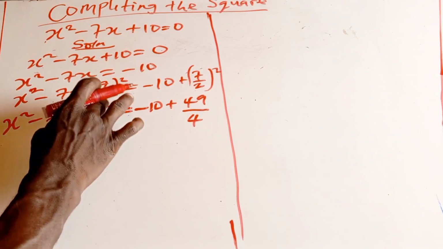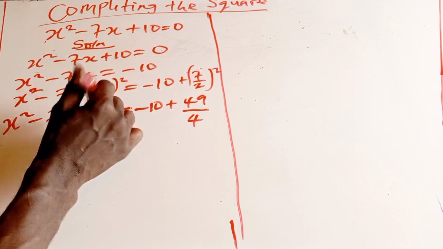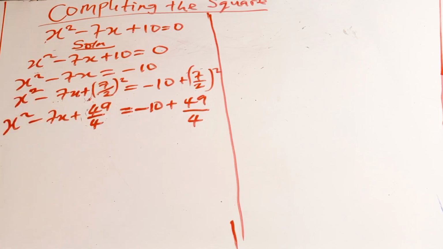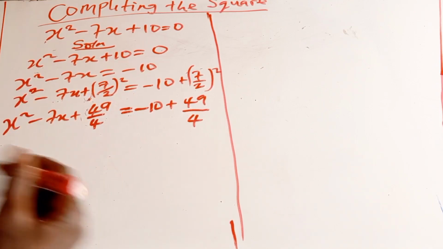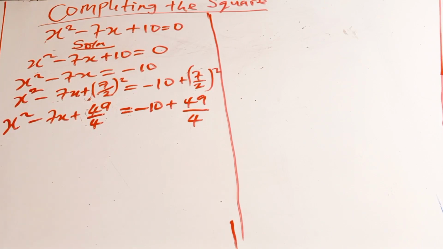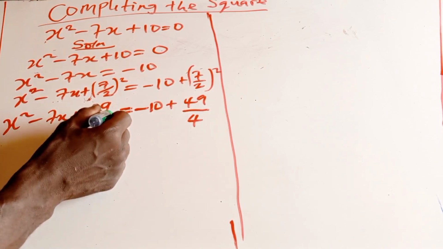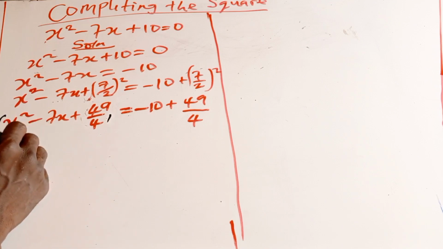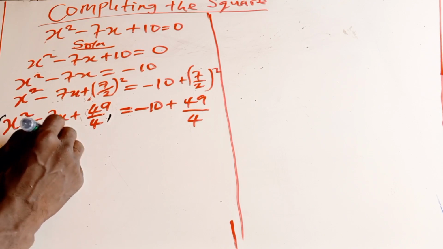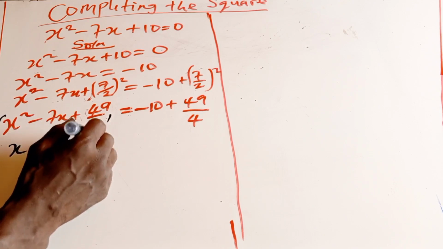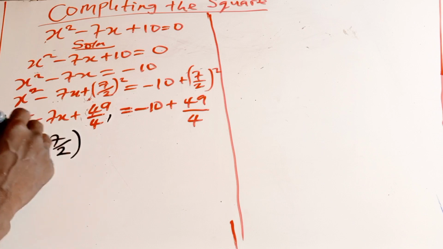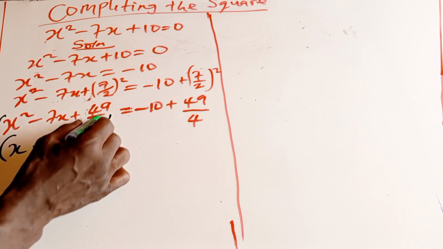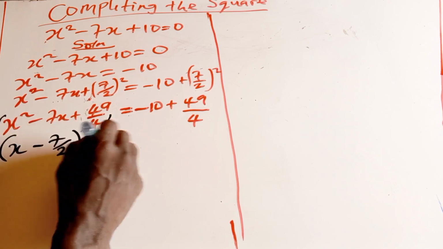Now 7 squared also is 49. Okay. Then the next step for you to solve the problem, you have to factorize from here to here. If you factorize here, you can get x minus 7 over 2, that is squared. If you open this bracket, you can go back to this step. Then this is equal to